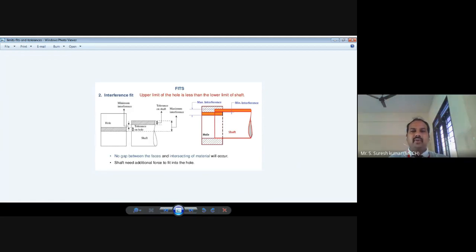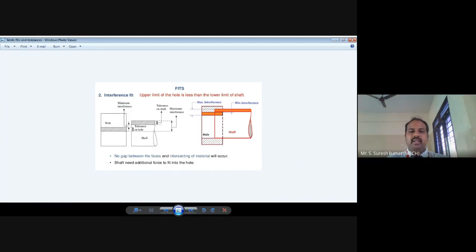The common definition for limits and tolerance: the two extreme permissible sizes of a part between which the actual size is contained are called limits. The relationship existing between two parts which are to be assembled, with respect to the difference in their sizes before assembly, is called a fit. Tolerance is defined as the total permissible variation of a size. It is the difference between the maximum limit and the minimum limit of size. This is the definition of limits and tolerance.